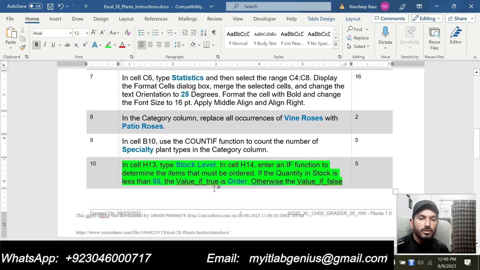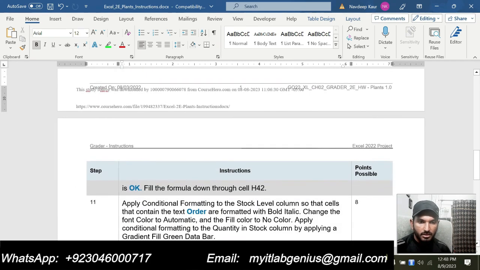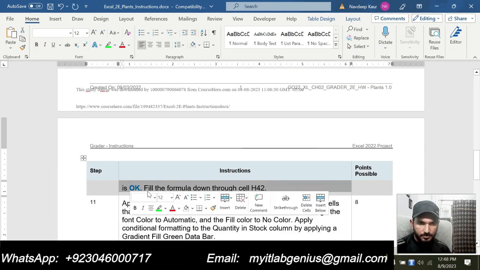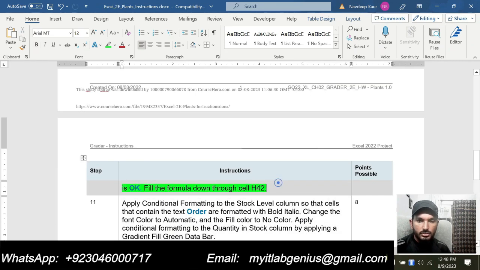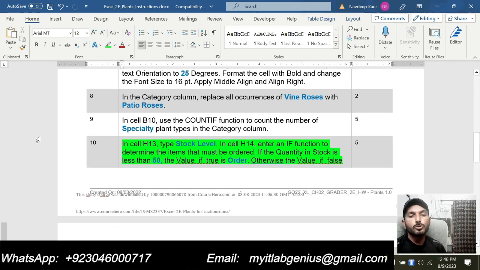Then the value if true is order, otherwise the value if false is okay. Fill the formula down to the range up to H42. So basically we are supposed to use the IF function.